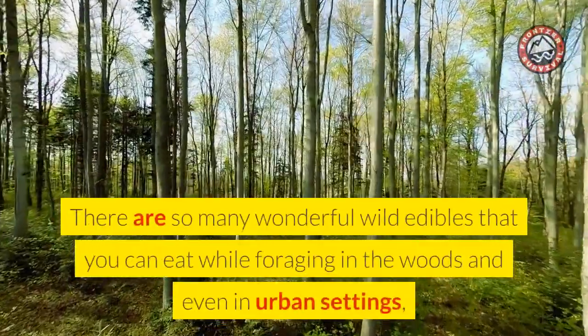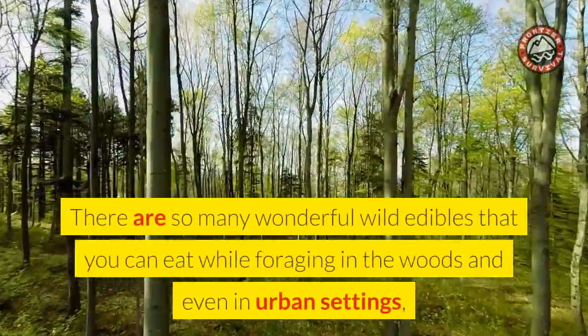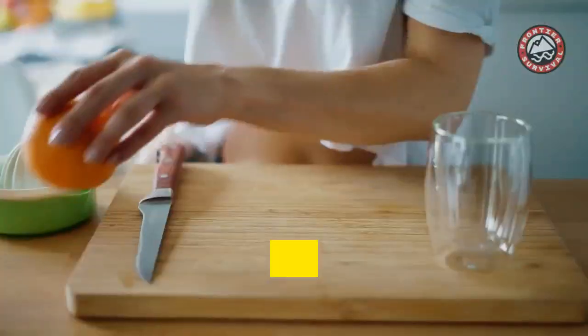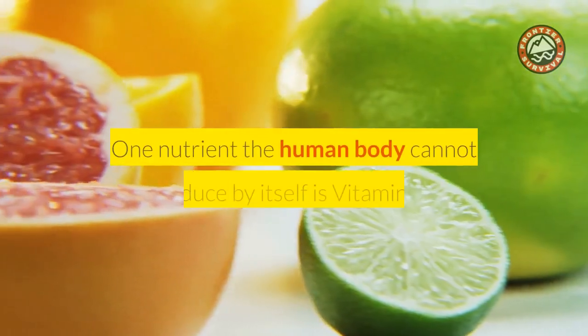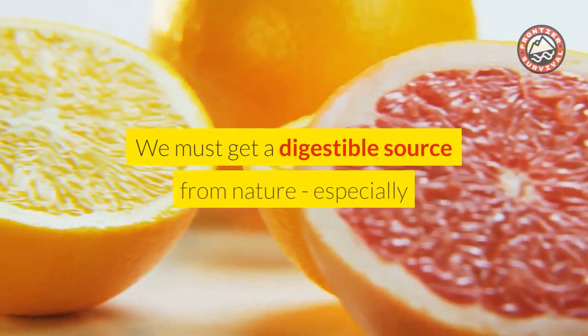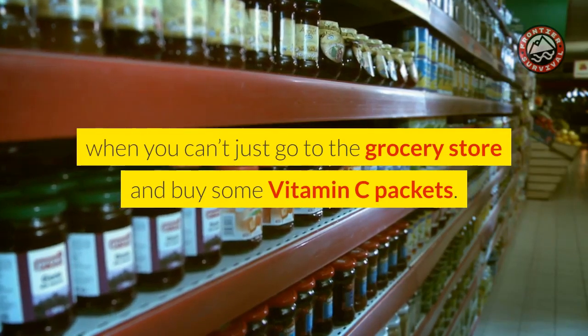There are so many wonderful wild edibles that you can eat while foraging in the woods and even in urban settings, that have more vitamin C than the average orange. For reference, 100 grams contains about 53 milligrams of vitamin C. One nutrient the human body cannot produce by itself is vitamin C. We must get a digestible source from nature, especially when you can't just go to the grocery store and buy